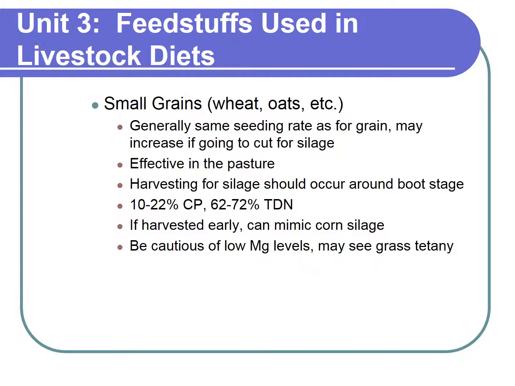Small grains like wheat, again, are somewhat effective in pasture. Barley and oats and stuff like that. Harvesting at silage, you want to hit boot stage so that the head is emerged and the dough is in the grain, and you want to probably get that chopper out if you're going to harvest it around then, and it will almost act just like corn silage. So a good option to